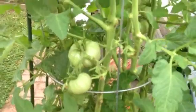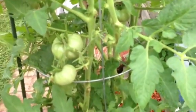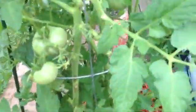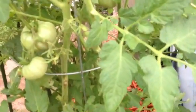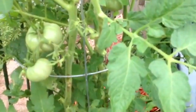And what happens is your plant wastes a lot of energy growing suckers. And nothing produces from suckers unless you let one grow really. I've seen them grow 18 inches or more with no sign